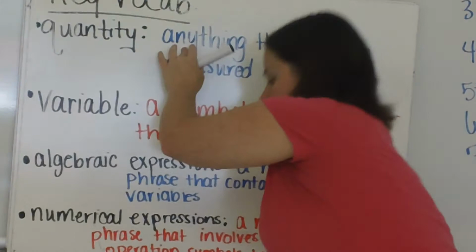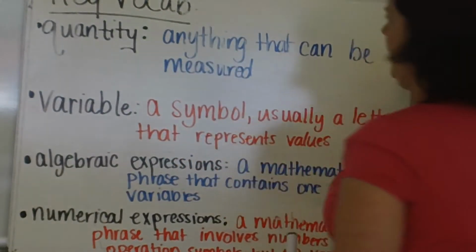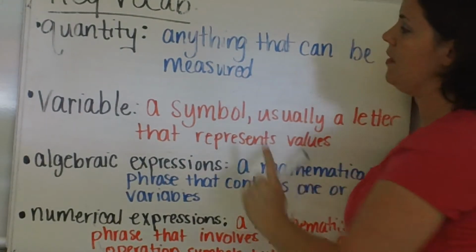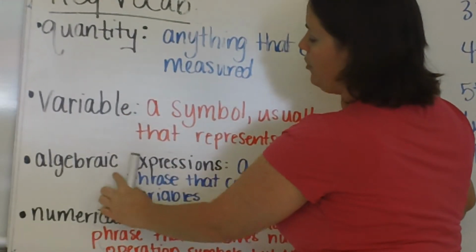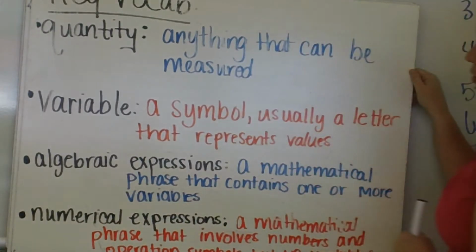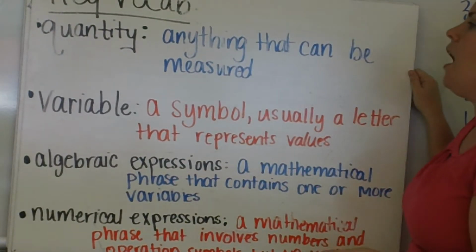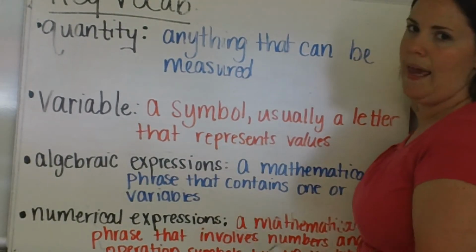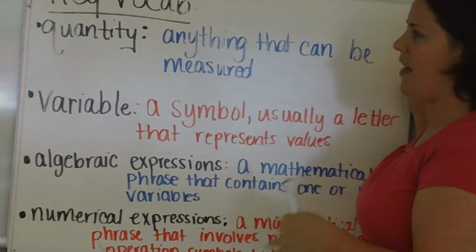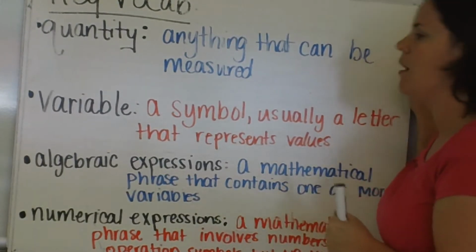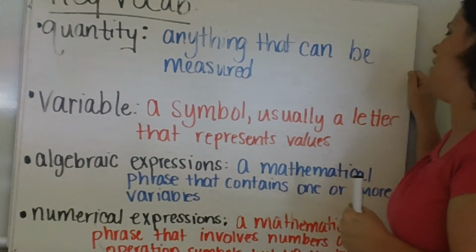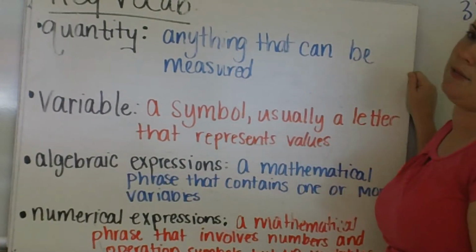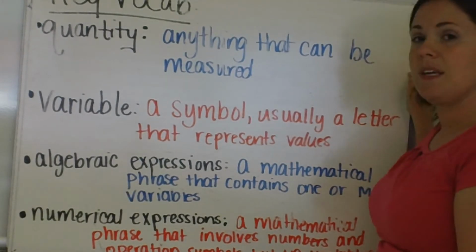What we're going to start with is our key vocabulary. We have 4 key vocabulary words for this section: quantity, variable, algebraic expression, and numerical expression. To begin, a quantity is anything that can be measured, like weight or length. That's just a quantity. You can measure that. A variable is a symbol using a letter that represents values. So when I'm representing a variable, I'm using X or Y or Z, or something that has a letter